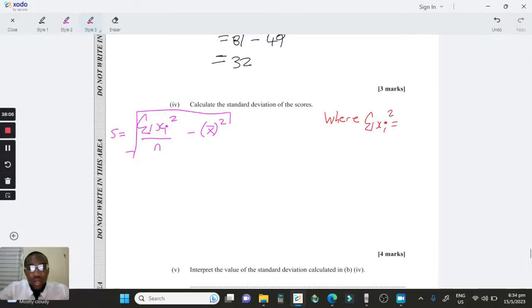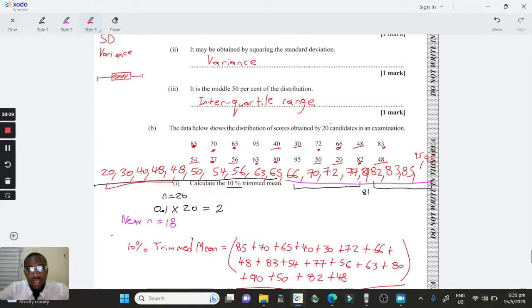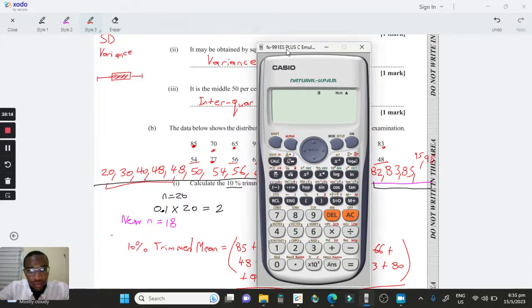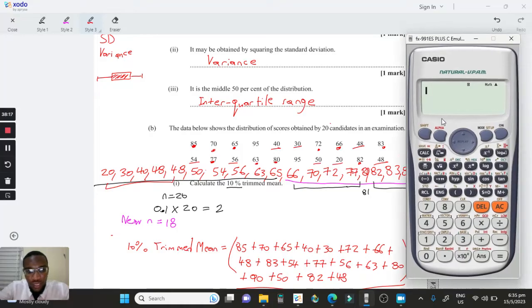So what you do is add up all the square values for all of these numbers. We can tell them here: 20 square plus 30 square plus 40 square plus 48 square. Notice 48 square repeats twice, so we can write 2 in bracket 48 square just to show that it repeats. You don't need to add 48 square twice. Plus 50 square plus 54 square plus